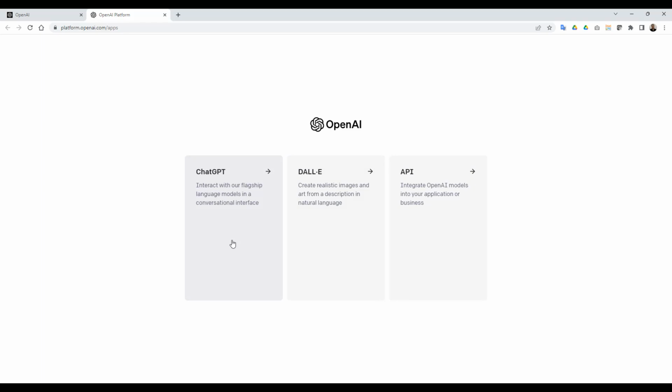Now it asks me to choose from one of the three options: ChatGPT, DALL-E, and the API. DALL-E is the function to generate images by interpreting a single line of description. Since this course is going to create AI-generated chat functions, we won't use DALL-E. The ChatGPT option is for you to enter the web page to interact with ChatGPT online. Therefore, this is not what we are gonna use either. What we need is the third option, API.